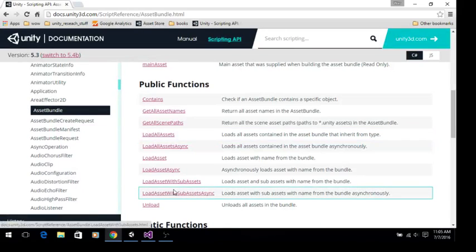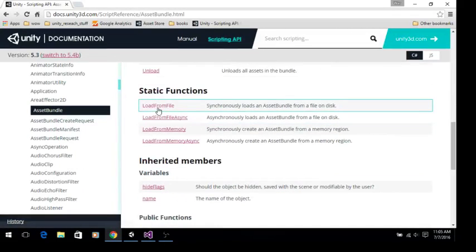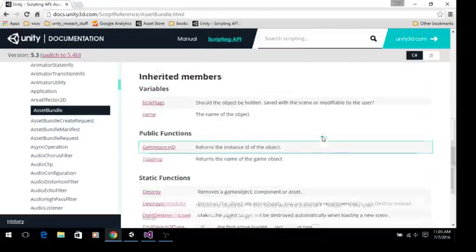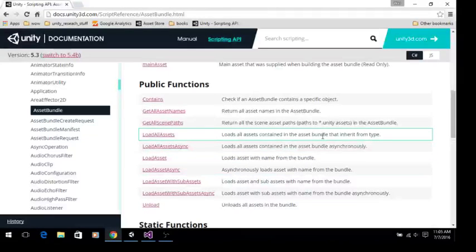You can use it from a file, like Resources.Load or load from memory, or you can use a combination of both. You can have the asset bundle be downloaded onto the person's device, and then cached,